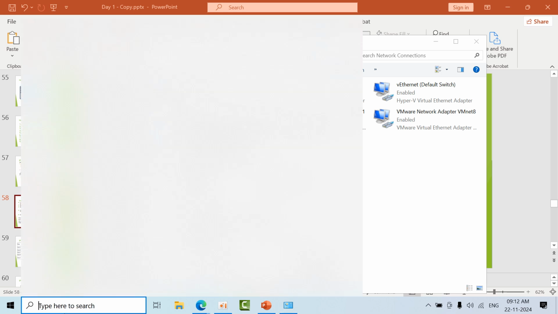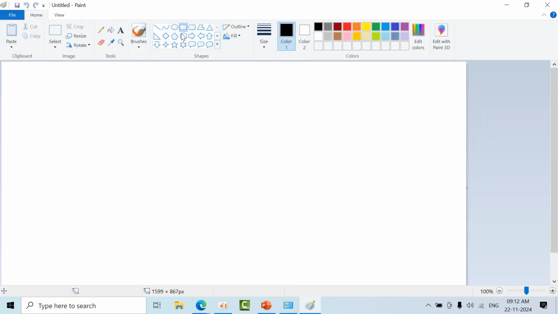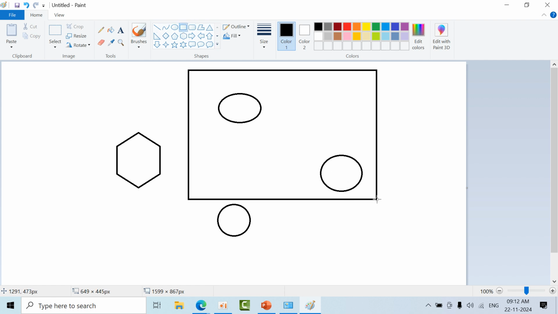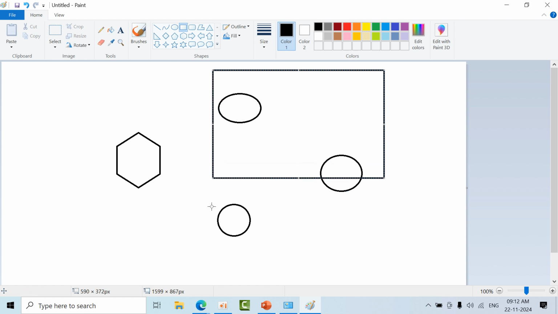Let's take an example. Okay, I will draw one picture. Sir, this is my router. Okay, this is my router, sir. Now these are my computers, my devices. These all belong to one subnet, and these all belong to another subnet. Okay, VLANs or whatever you call it now, right?